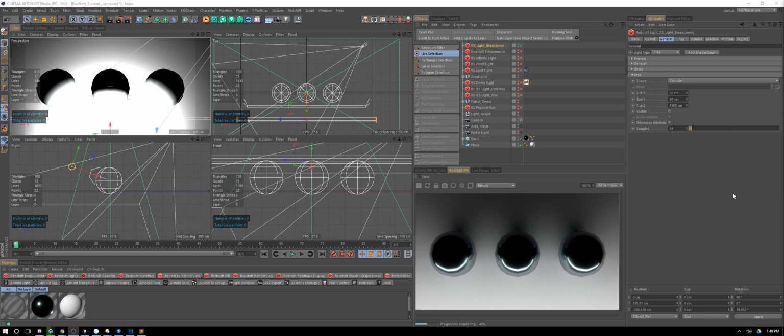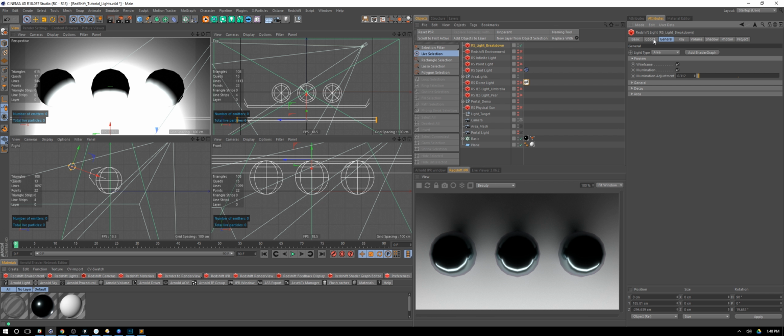Alright, now that we're in Cinema4D, let's go ahead and take a look at all of the lights. So I've got a few different ones set up here as there are so many lights that RedShift gives you. This first one here is an area light, and I'll talk more about area lights as we move down the list. But this one is just an area cylinder light so you guys can see what all the general tabs up here do. So if we click on that and open up the first tab, which is preview, what you're